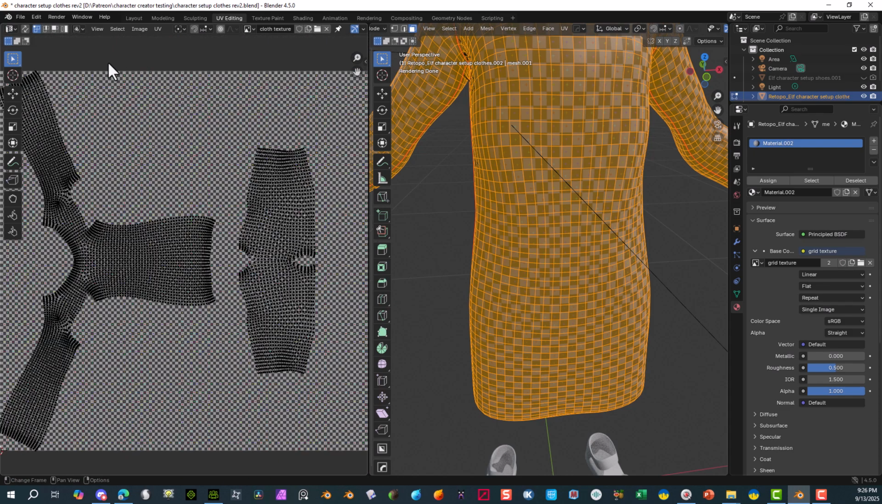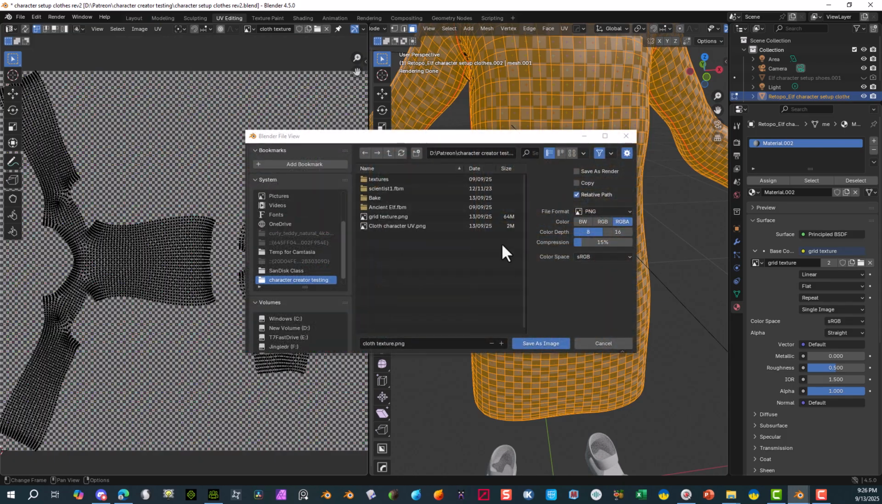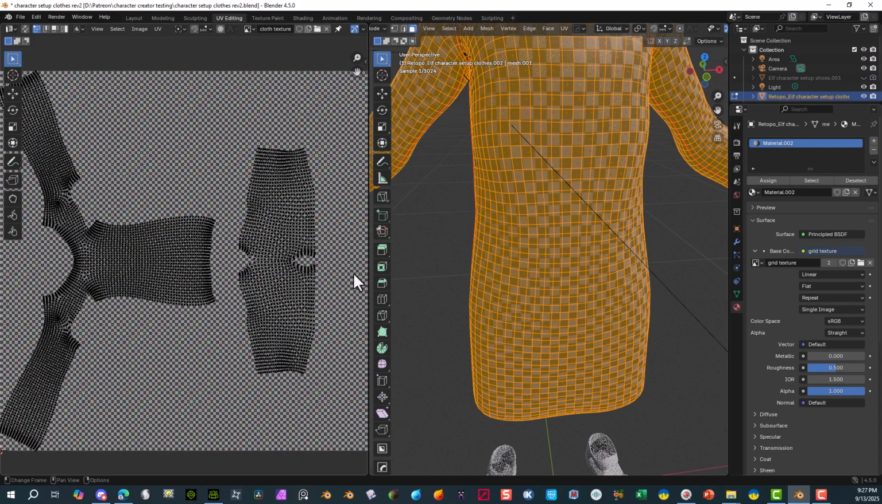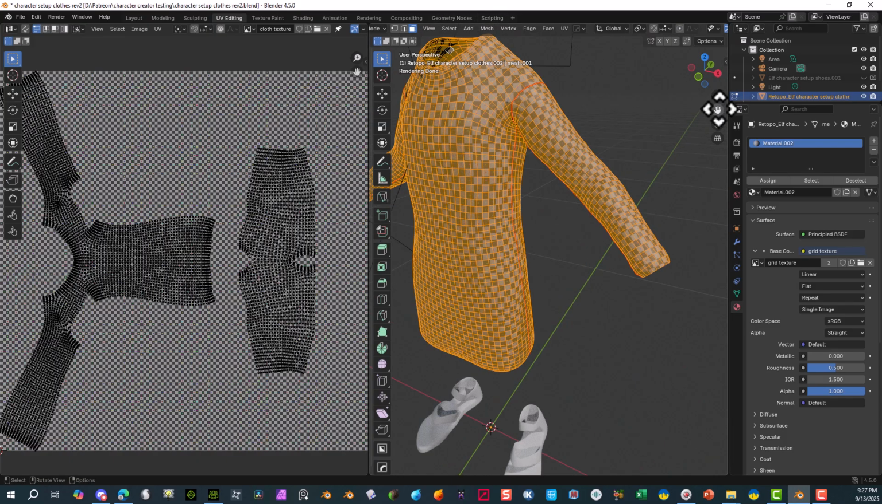To do that, make sure you go image and then save as. And this is where I put it under grid texture PNG. You can put it wherever you want, but just make sure you remember where you put it. I wouldn't go with anything with compression. Doesn't need that. Just clean. Save as image, right? So now that this has all this nice detail, as you can see, it looks really